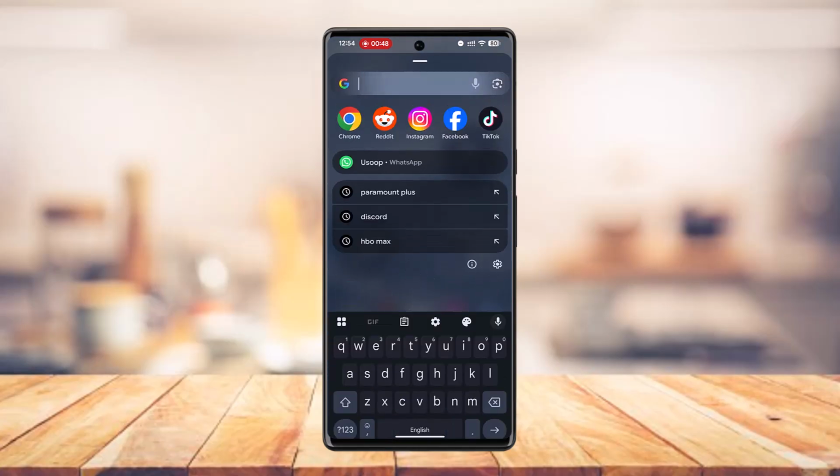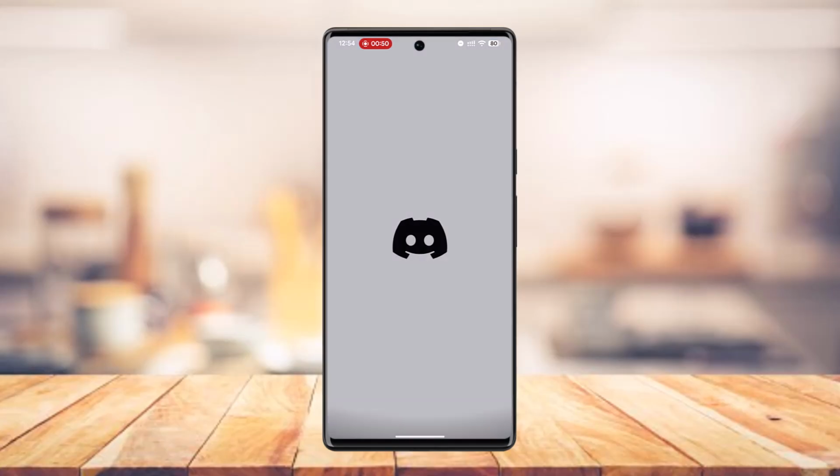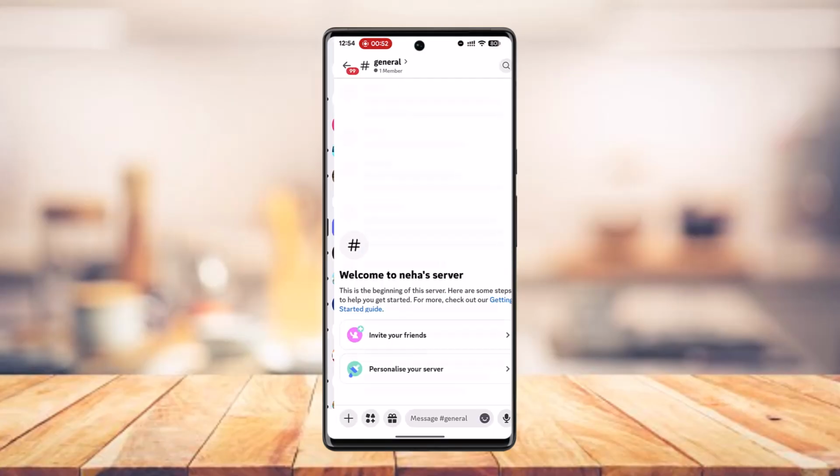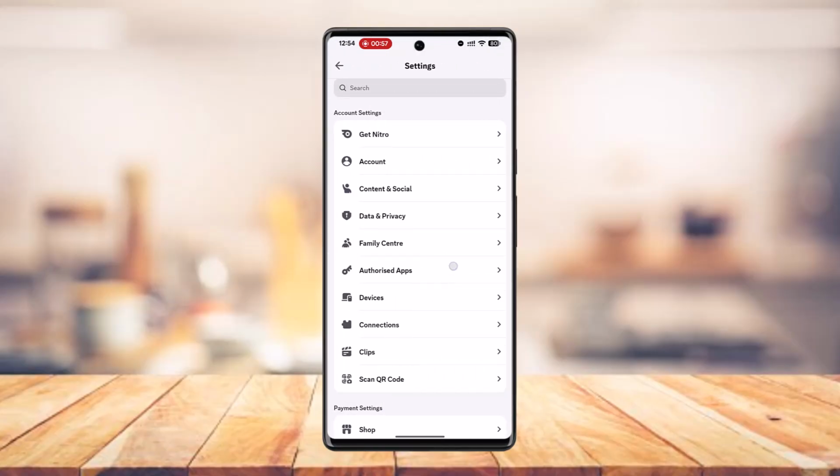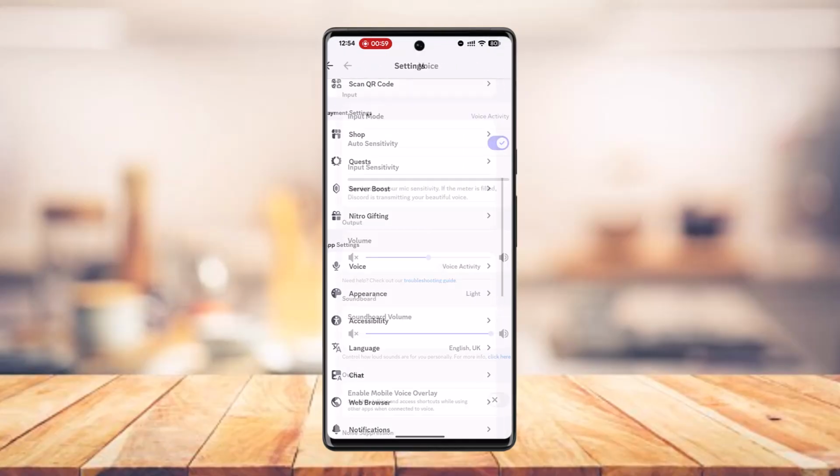Despite doing that, if you're having issues, go to the Discord app itself, log in. Then you want to go to the user section from the bottom right, select user settings at the very top. Here, you need to go to voice settings and